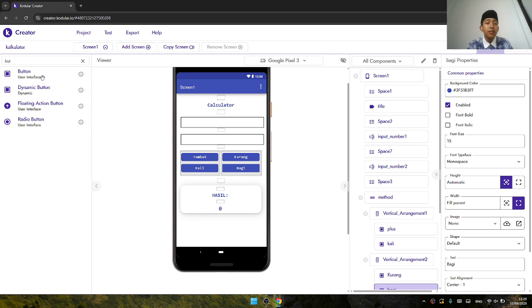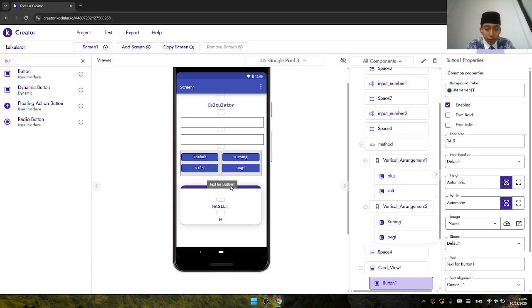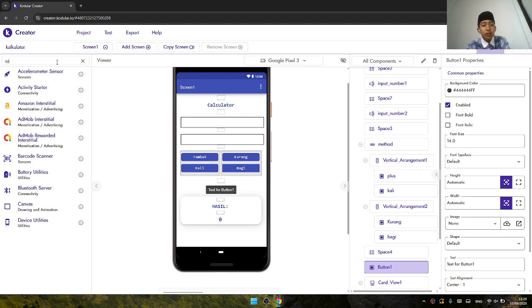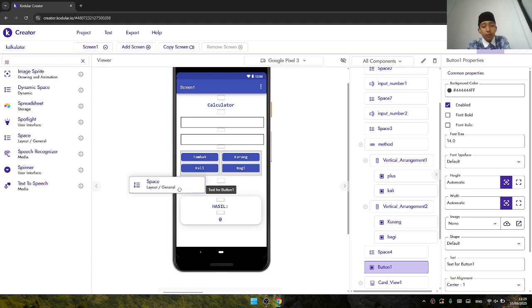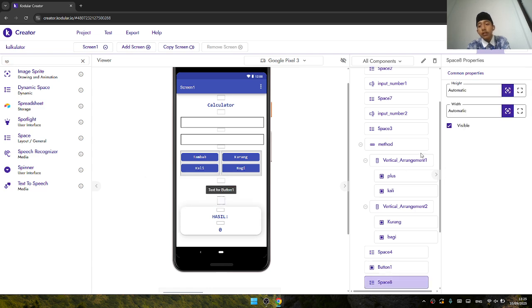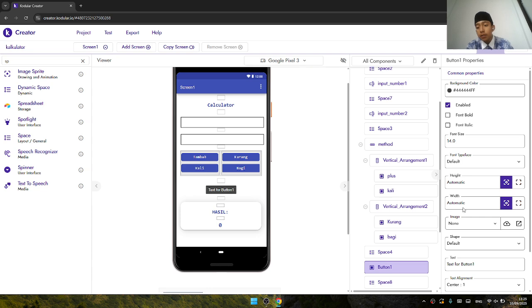Oh yeah, maybe we will add some clear button. We add some button again. We put it in the bottom of the space, over here like this, and add some space again. This is for an option, yeah, like this. Then set the button text become clear or bersihkan maybe like this, and then set the width become